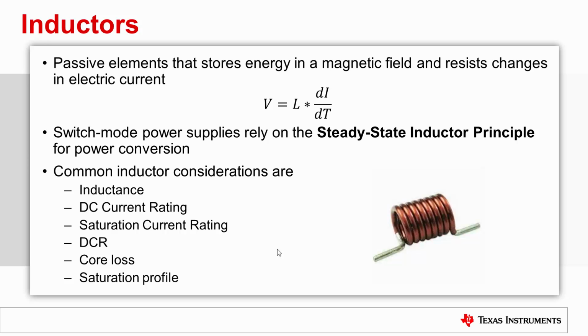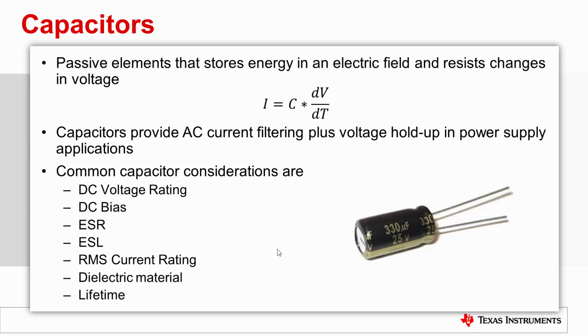Some materials, like powdered iron, allow the inductance to fall gradually as the inductor current is increased. Others, like a ferrite, have a hard saturation current where the inductance quickly falls to a small percentage of the 0 amp inductance. All power supplies contain capacitors on their input and output.